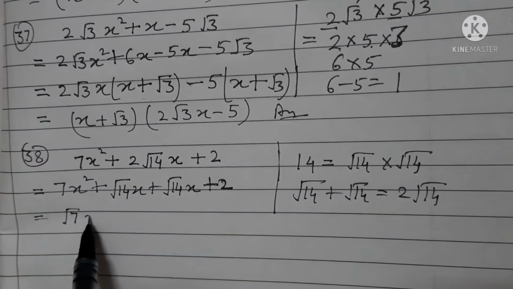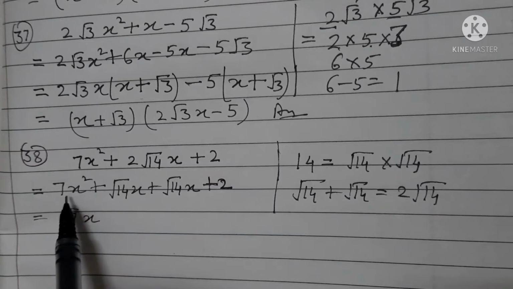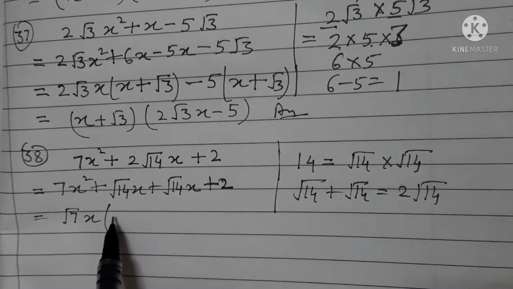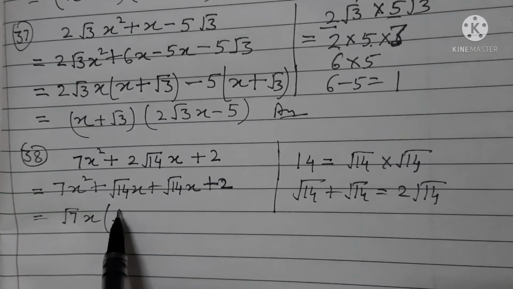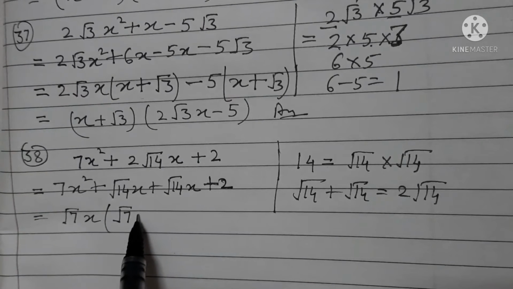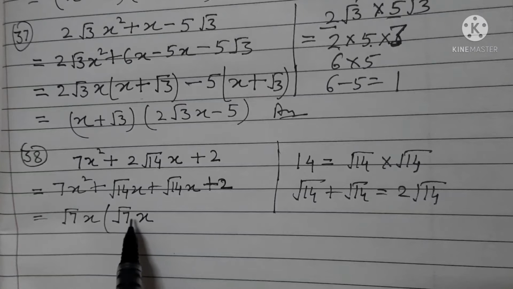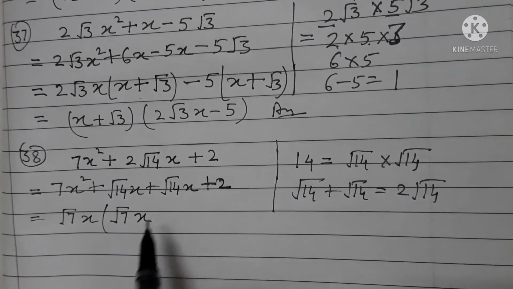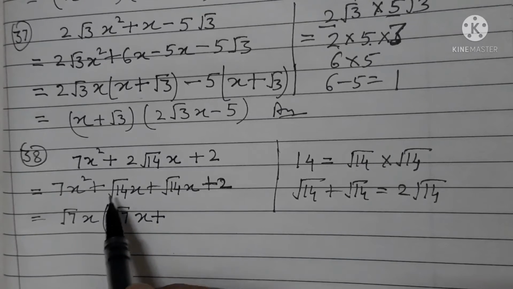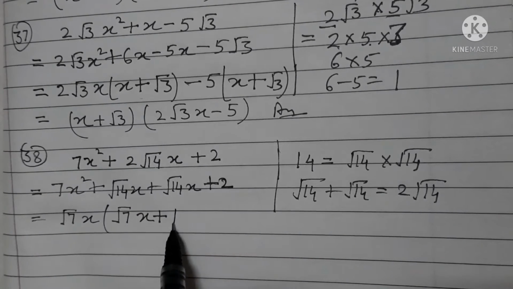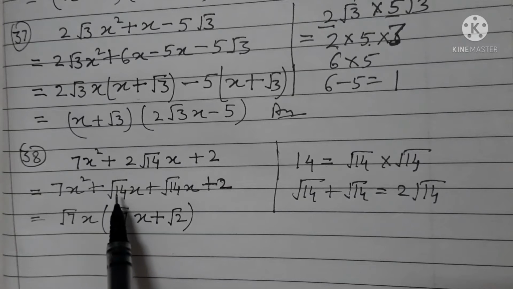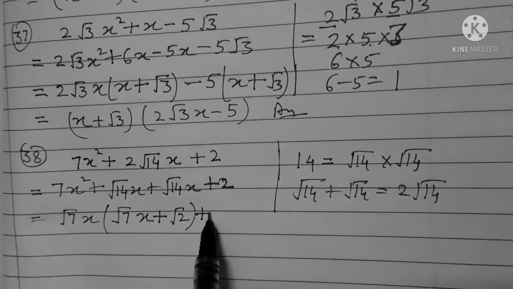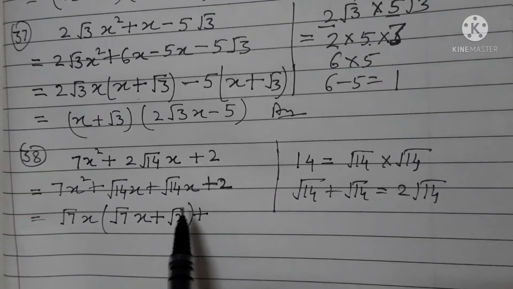Root 7x, and here in the bracket x root 7x, x. Just wait. Plus root 2, because you can break it under root 7 into under root 2 plus, here you can take